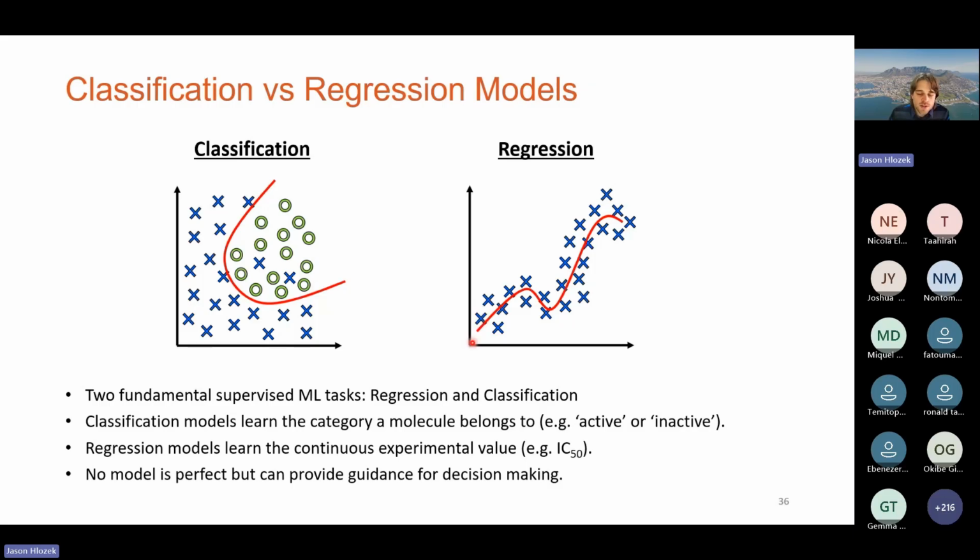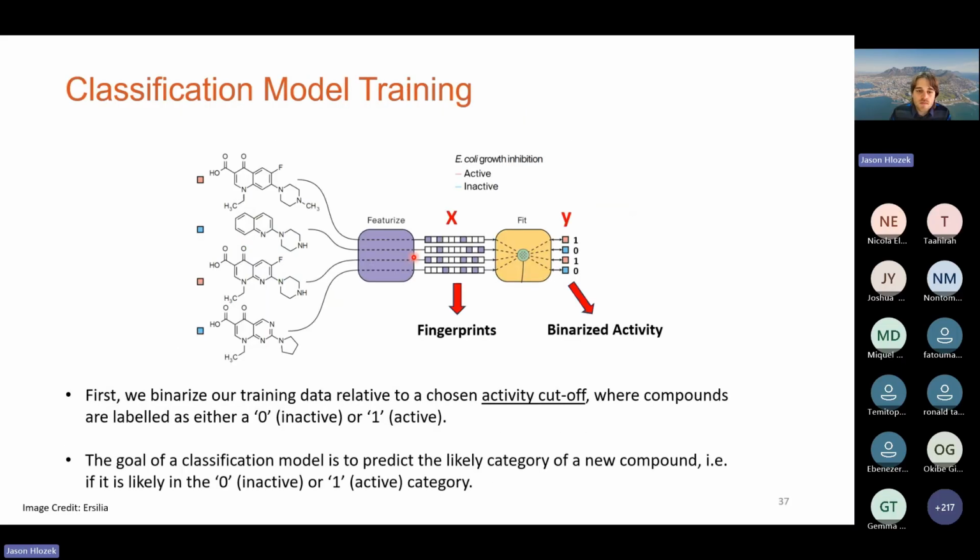Versus a regression model where you're actually trying to learn the exact continuous label. Is it 20 micromolar or 30 micromolar or 30.1? You're actually learning that, trying to predict that actual label, the continuous value. This tends to be more challenging, and you tend to need a bit more data to do it, but you'll often see variants of both of these approaches in literature. So it's important to be aware of them and how they work, so that when you start wanting to use a model, you understand what they've learned and what kind of things they're predicting.